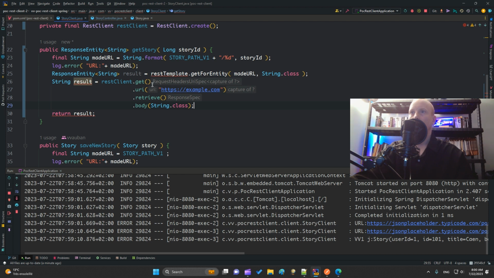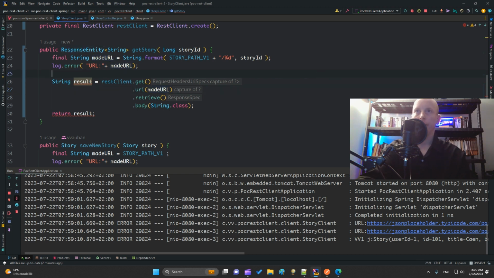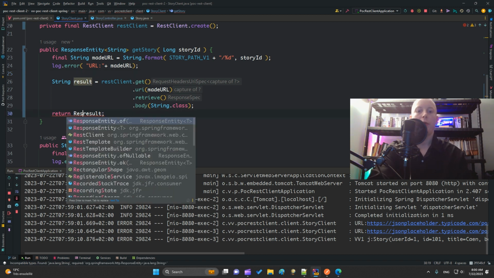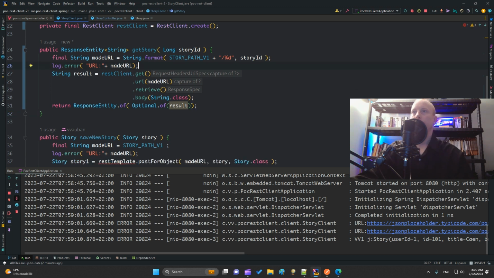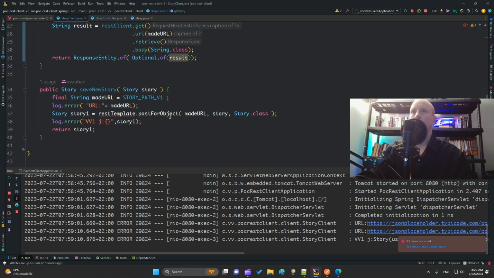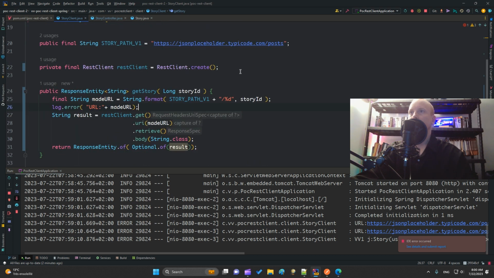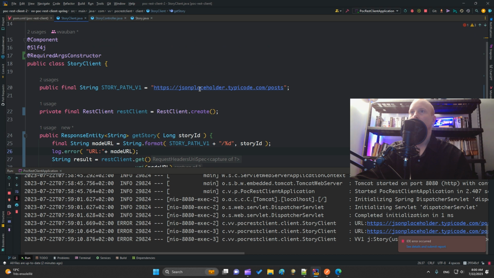Okay, I have to put here my URL, my made URL, and this, and I have to make a response entity. Okay, so it is okay for the get endpoint, for the get that goes to this website to get fake data, JSON placeholder.